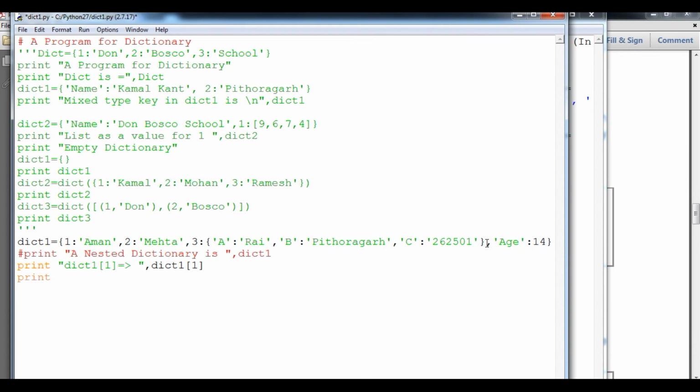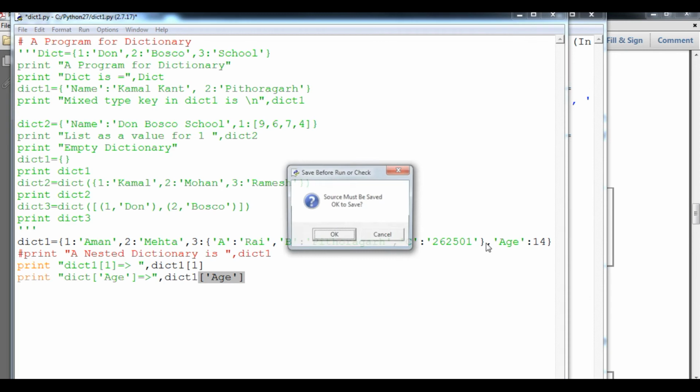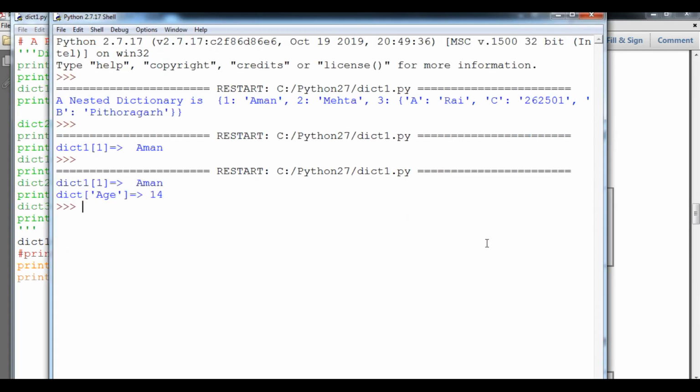This time print dict of age. Then, with the arrow operator, dict 1 of age. Let's see the output. You can see age is printed here as 14. So don't get confused, student. This one is not an index value, this is a key.